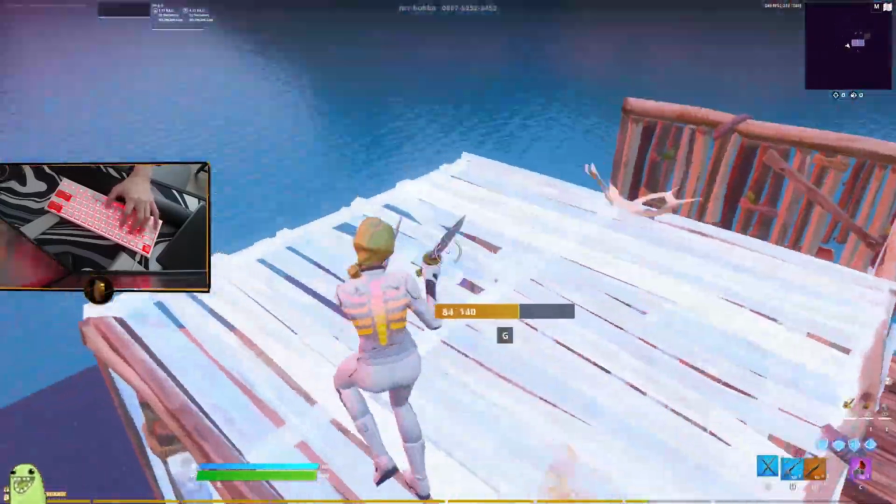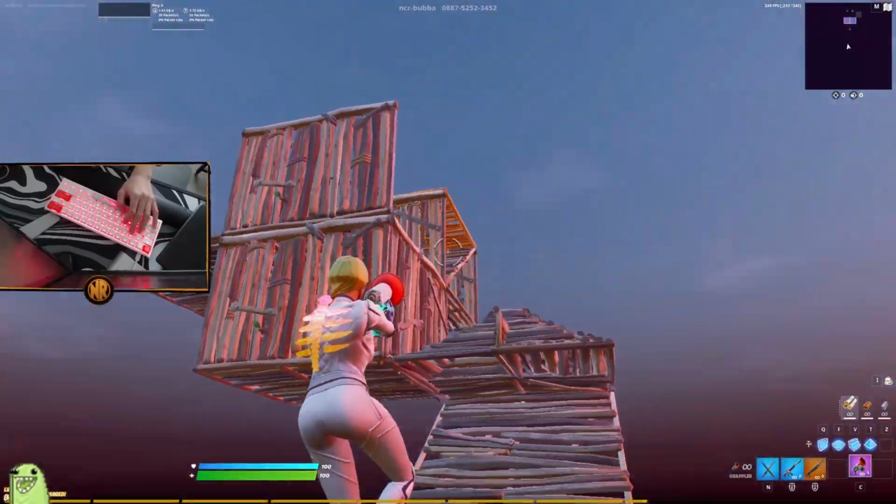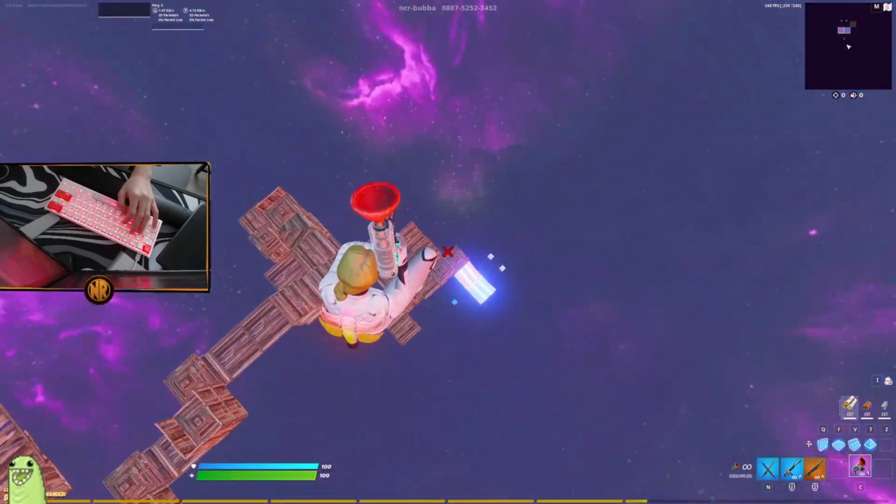What if you do like two? Look how high this goes. From this level, look how high you go. This is like free height. This retake gives you like...